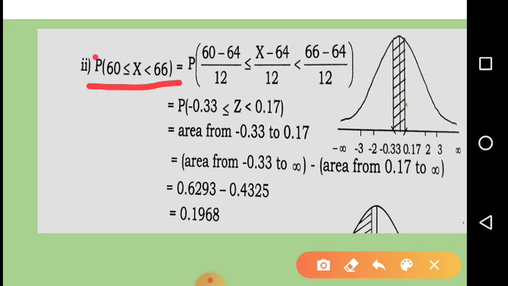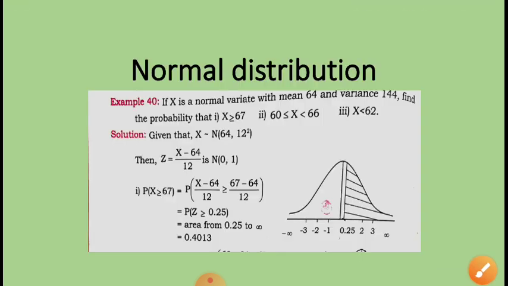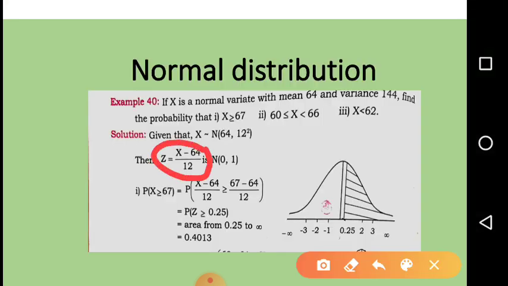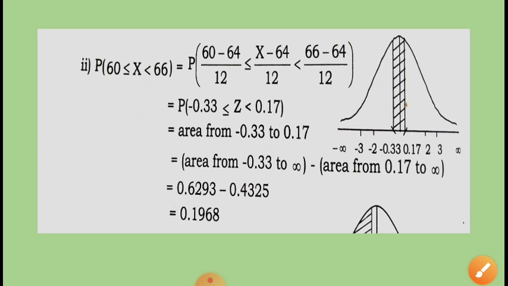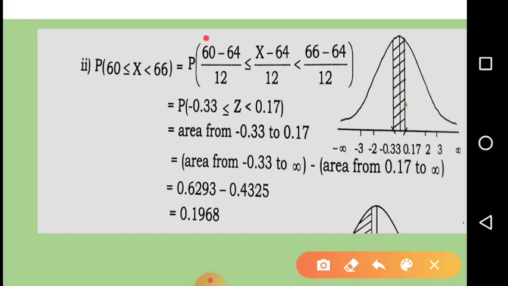So as it is, first p there, you write here p. Then there is bracket, put a bracket here. Then what is there? 60 is there. So for 60, use that same formula. Which is the formula just now? That formula is there, no? This formula is our base. In that formula, where x is there you'll write 60. Yes? So, you'll write here 60 minus 64 by 12.